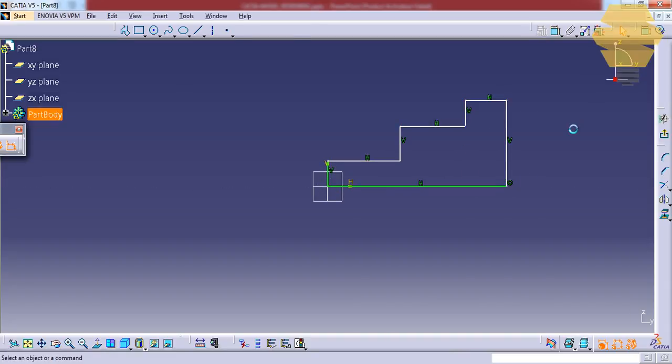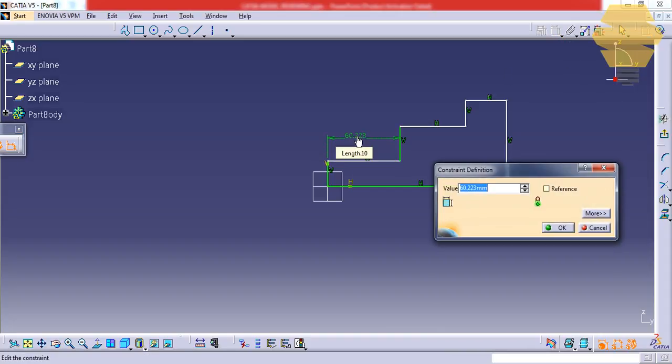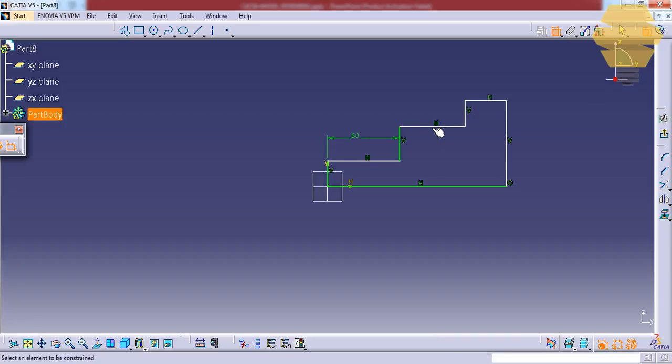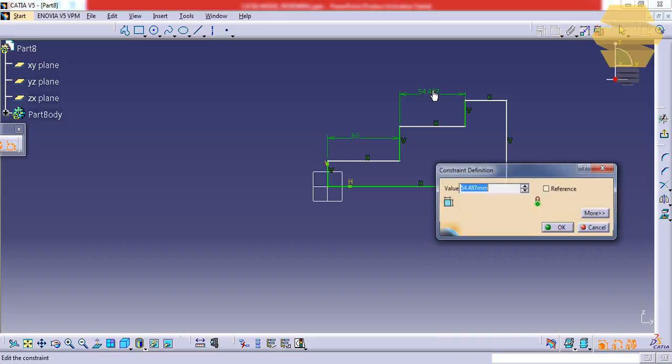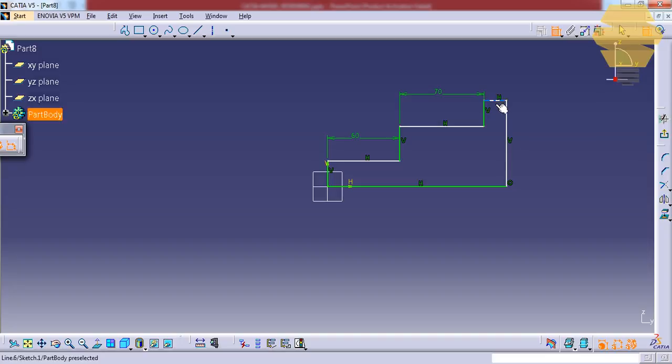Now we have a profile tool here, right? Now I will go for like 60, 70, and